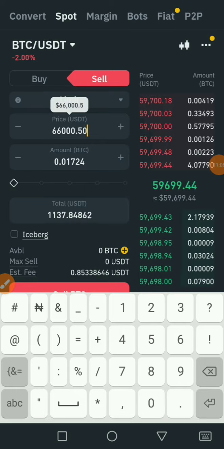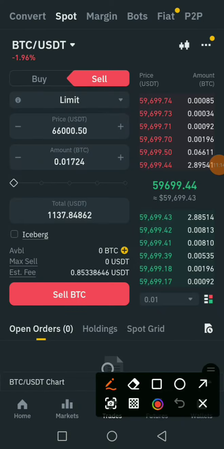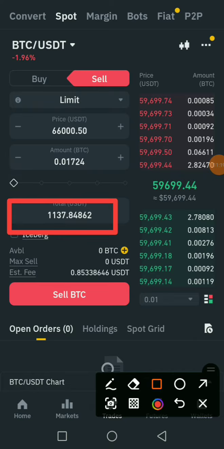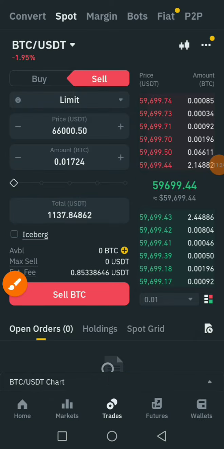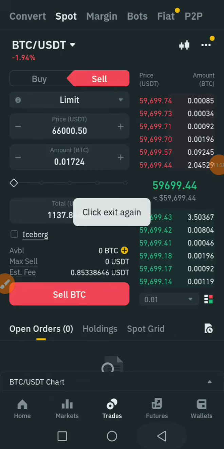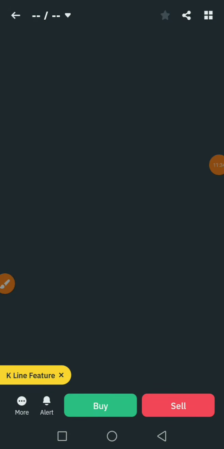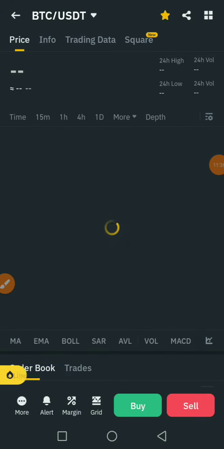You see, we have made a profit of 137 because our USDT has just increased from 1000 to 1137. Okay, so let's count the candlesticks and see. Within a short period of time, we have made a whopping amount of 137,000 under the 4 hours candlestick. All right,